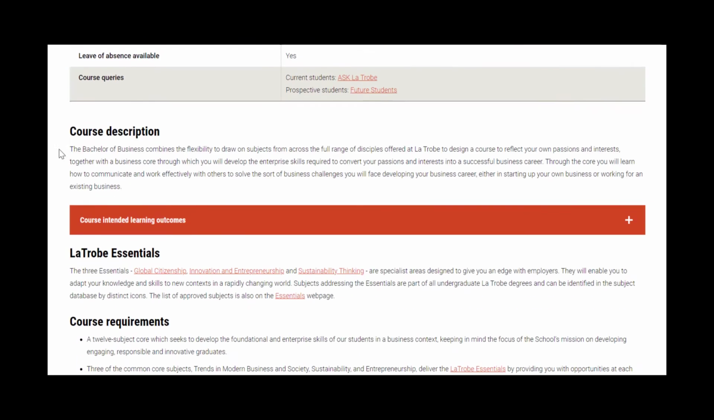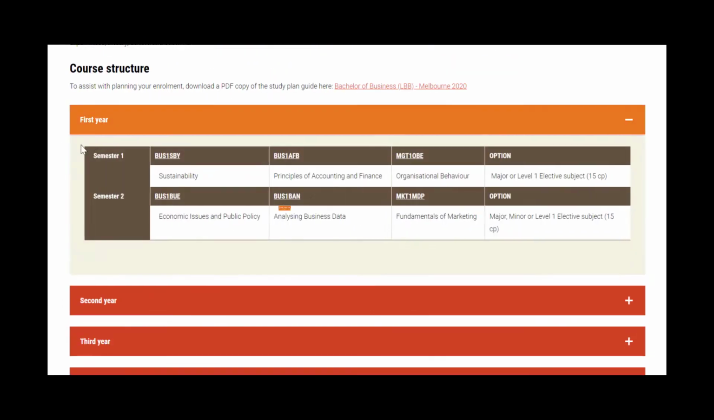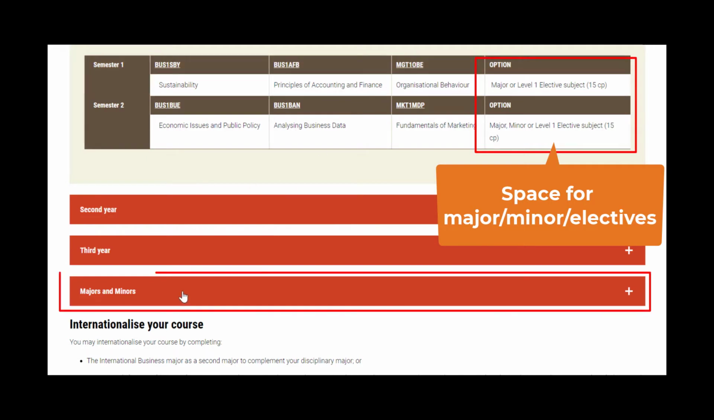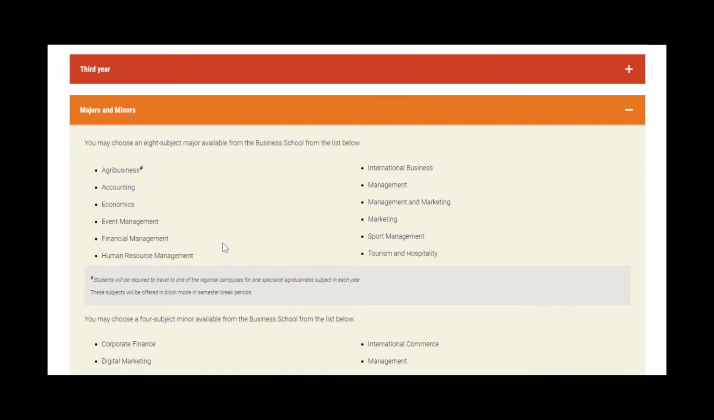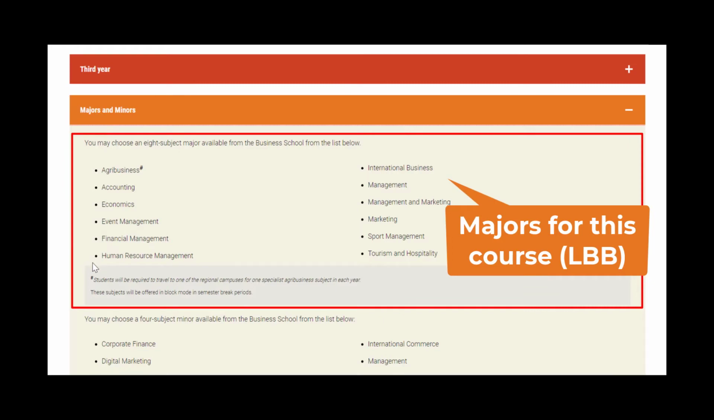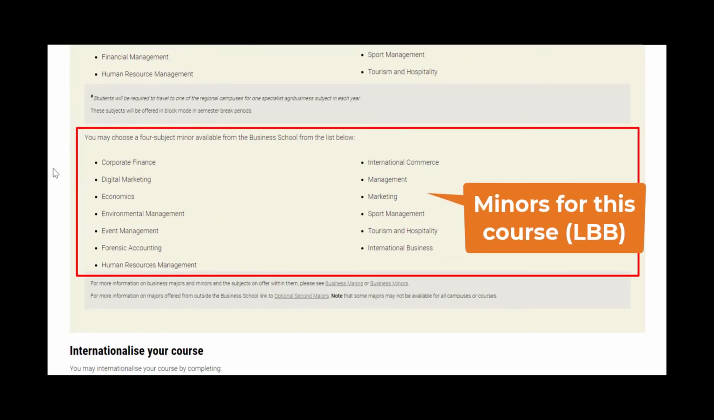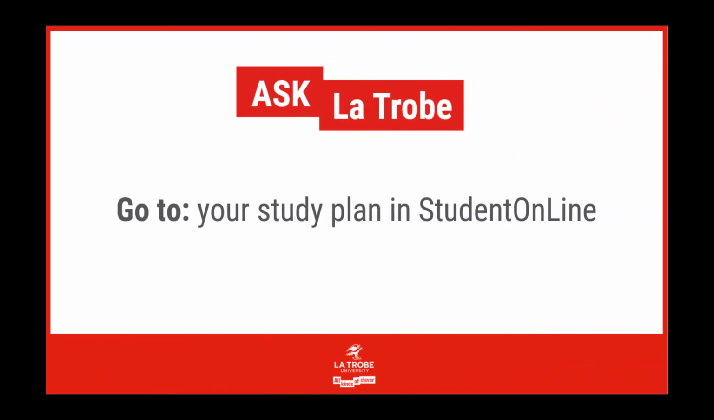You can see the core compulsory subjects listed for each year, but there's also room to choose a major, minor, or elective. Available majors for your course are listed in the handbook. Your chosen major will be a large area of specialisation in your degree, and a minor is a smaller focus or specialisation. When you've chosen your major or minor, you'll need to add it to your study plan in Student